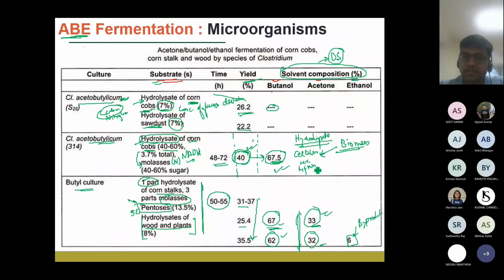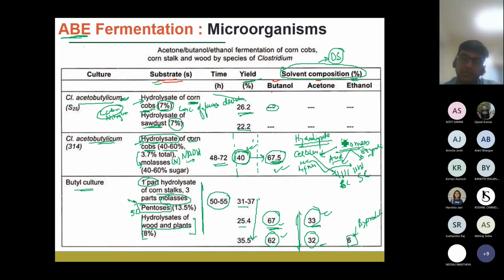So if we subject this biomass to some chemical treatment, like acid treatment, or some sort of enzymatic treatment, what will happen? We will break down the cellulose component into glucose derivatives, and the hemicellulose will be broken down into single units, which are nothing but xylose units. So this one will have a 5 carbon ring structure, and this one will have a 6 carbon ring structure. It can be done by both acid treatment or enzymatic treatment.